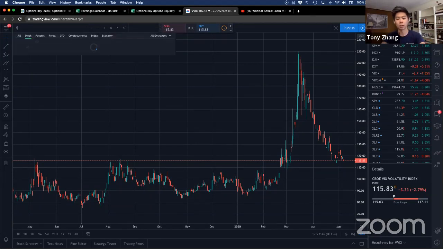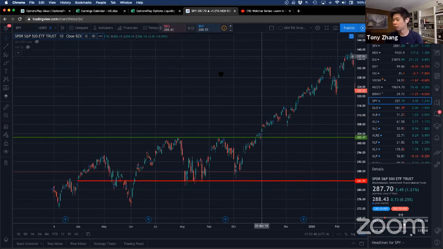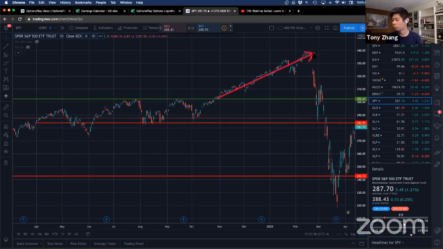So let's just go back here. You could have collared yourself. You could have put on a collar this whole rally up, but you would have spent money buying puts that you simply did not need. And that would have still cost you money to put on a collar. You can put on a zero cost collar, but you're really giving up most of your gains to the upside without getting much protection to the downside. You're better off selling covered calls